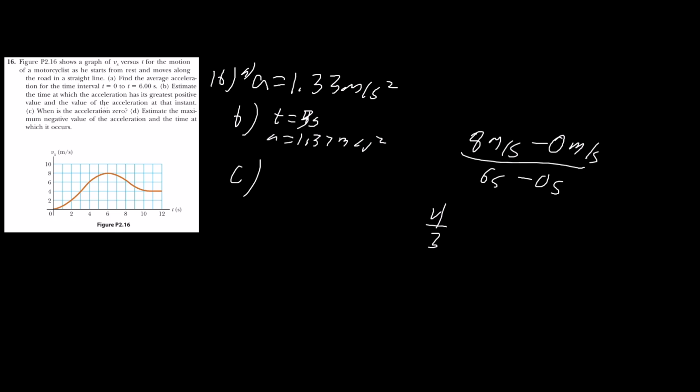When is the acceleration 0? That's when t equals 6 seconds. And part D: estimate the maximum value of the acceleration and the time that this occurs. So it probably occurs around 8 seconds, a little after 8 seconds, I think. So about here, that's when the maximum is the negative acceleration component. And then here,